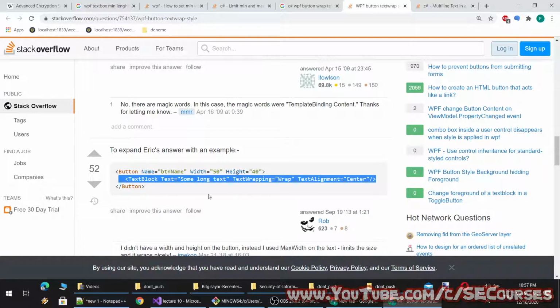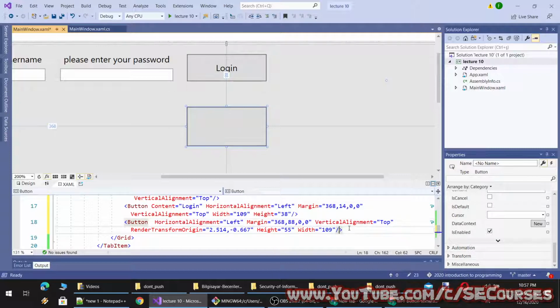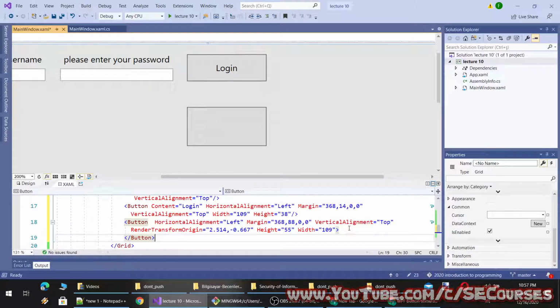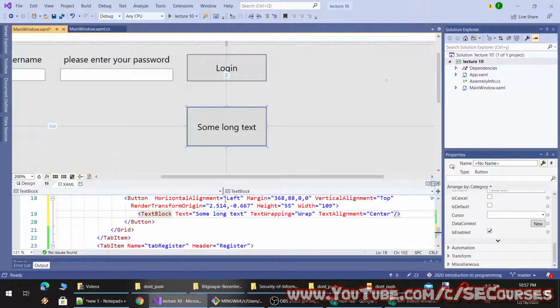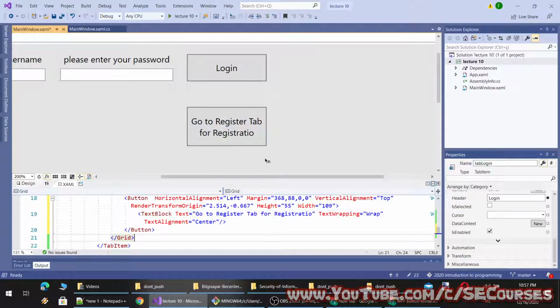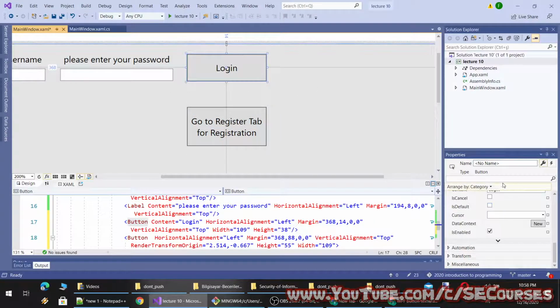Okay, so this is the way it is. Instead of writing the content here, we are removing this and making the button start and end like this, and inside here we are writing the text block. Go to register tab for registration. Okay, so you see now it is being fit to my button area with text wrapping.